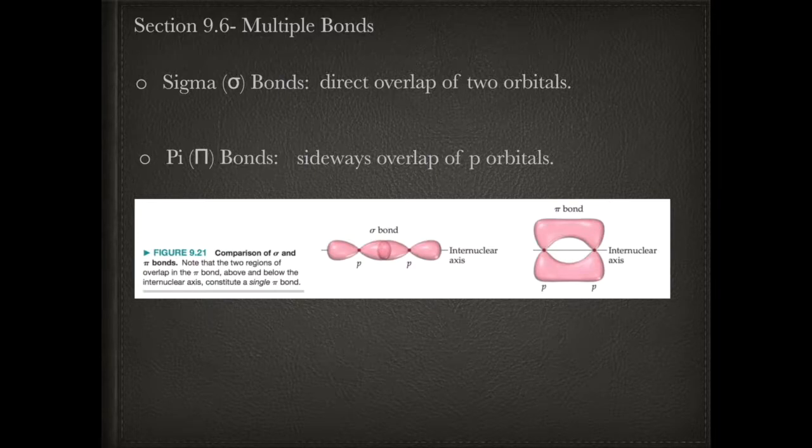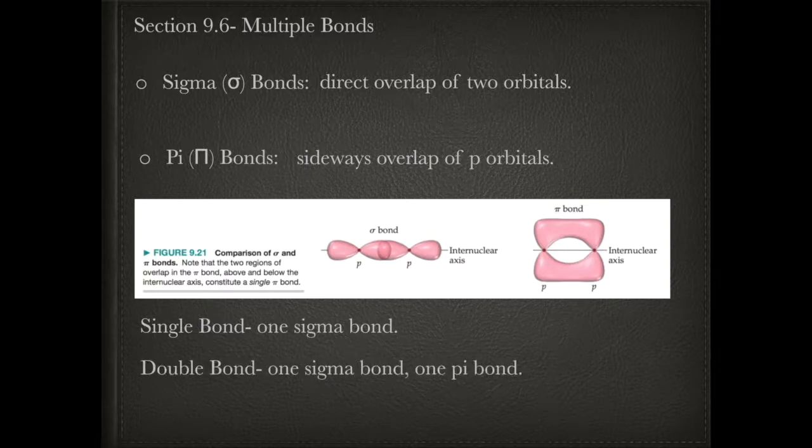Now for determining when you have a sigma bond or when you have a pi bond, it's actually really easy. If you have a single bond, you are simply going to have 1 sigma bond. If you have a double bond, you will have 1 sigma bond and 1 pi bond. And if you have a triple bond, you are going to have 1 sigma bond and 2 pi bonds. So it's really nice and easy to predict what types of bonds you're going to have when you have multiple